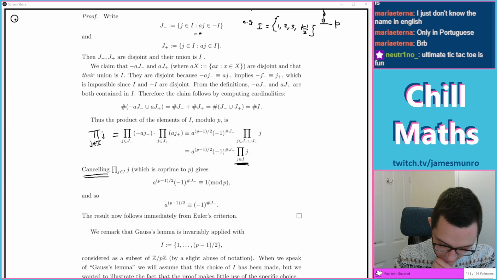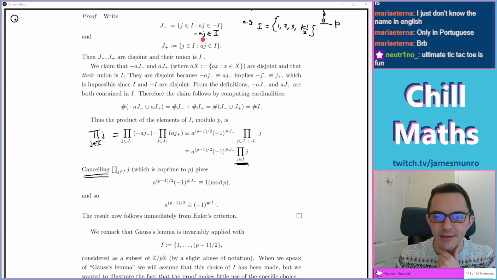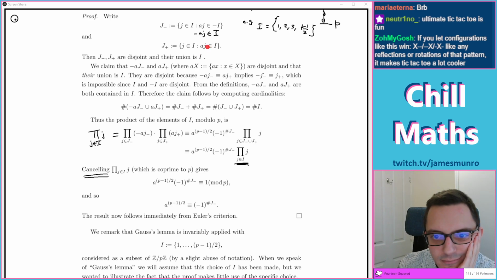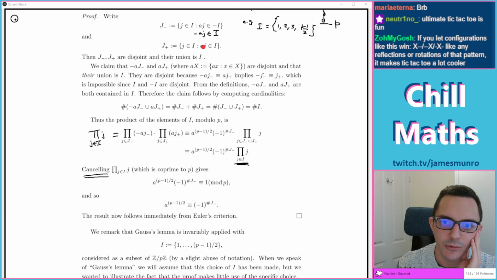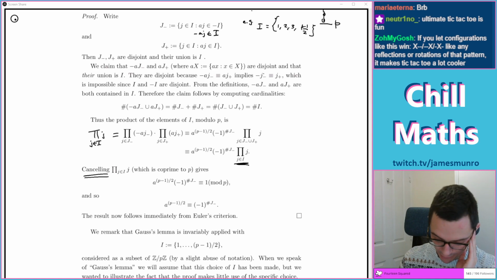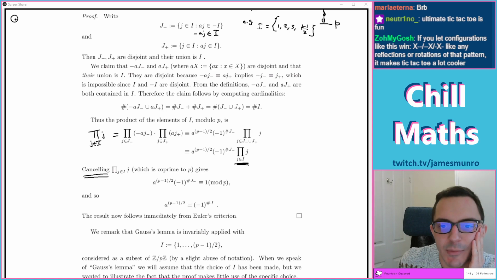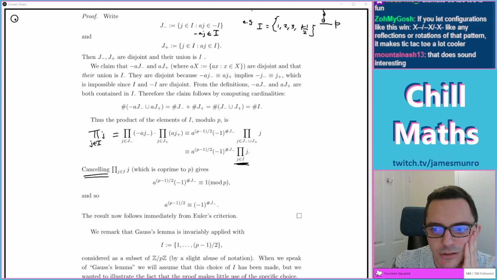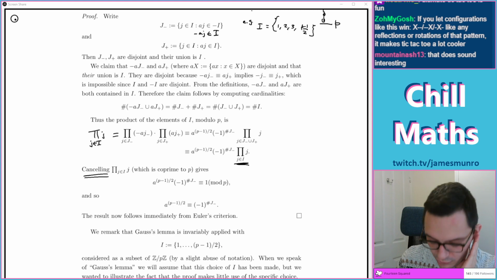Yeah, maybe I'd prefer to think of this as ones where minus AJ is in I, because for every number, either AJ is in I or negative AJ is in I. So that helps me sort these things out and remember that there's a minus sign on the left. And then, does that help me show they're disjoint? So if I got the same answer out, then I'd have two slightly different things that are in I. Yeah, with a minus sign in there as well. Okay, so these things are disjoint.